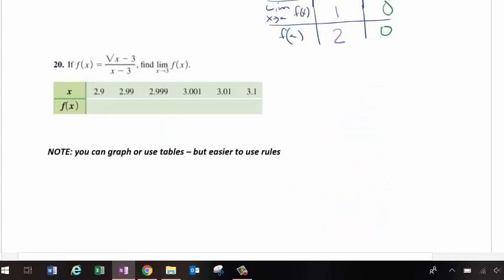20 is looking at one where the problem is actually asking you to fill in the table. You can really pretty easily put this into your calculator, type it into the y equals, and then go to the table function, and you can easily do this piece. This is what I talked to you about before. This actually has a graph. Remember, this would have an asymptote at x equals 3 because the denominator can't equal 3. And so we would actually have a graph,